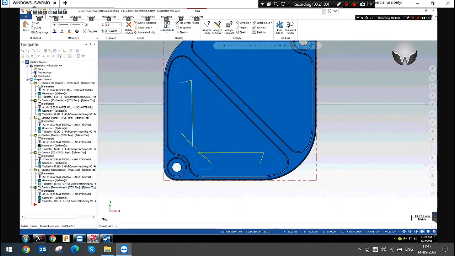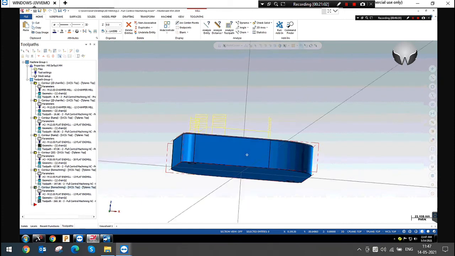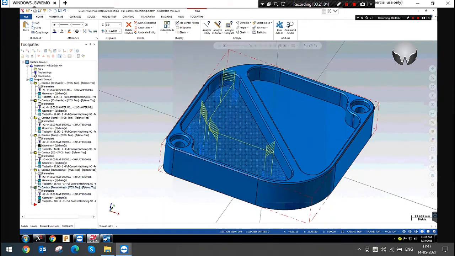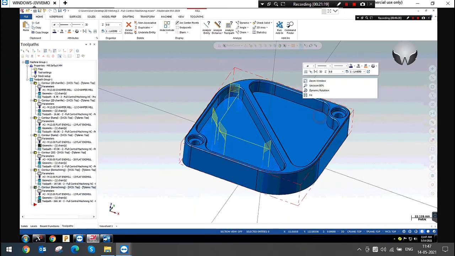Yes. So this is the remachining. If you have to machine a large amount of material, you can remove the material with a big tool, and you can also remove the corners. Whichever tool you wish, you can also machine with remachining.